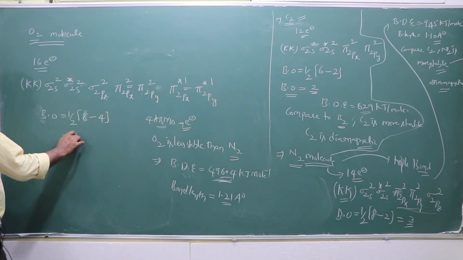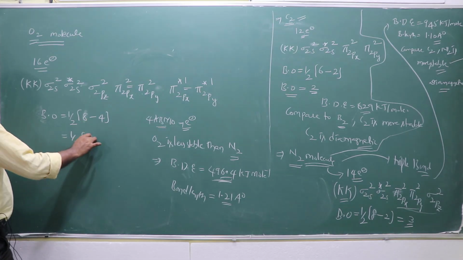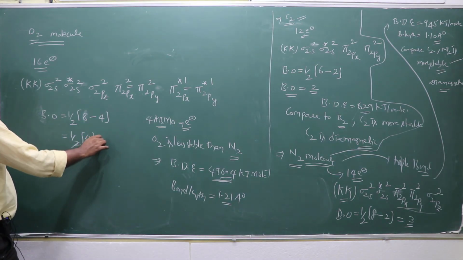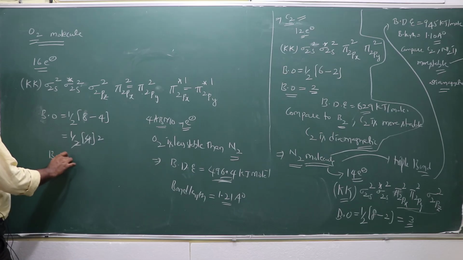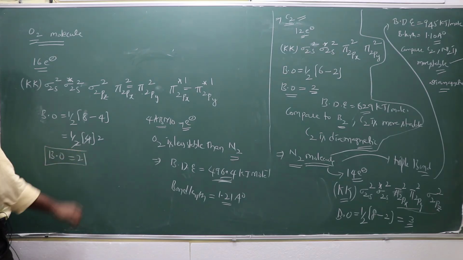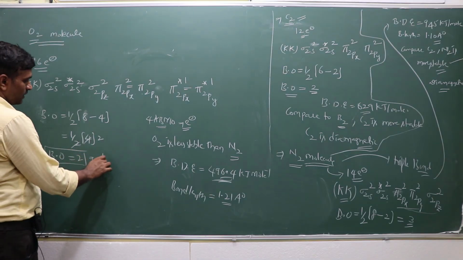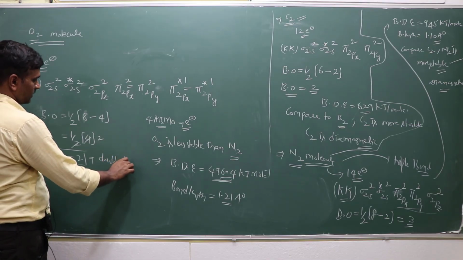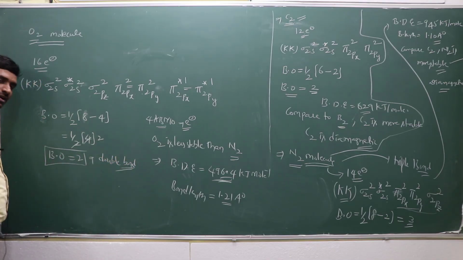Now half into this is how many? 4. That means 2. Bond order is 2, that means a double bond is existing. Bond order 2 means double bond. Bond order 1, single bond. Although a double bond is existing,